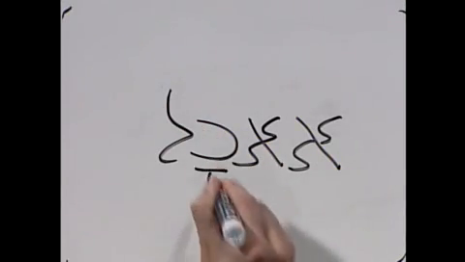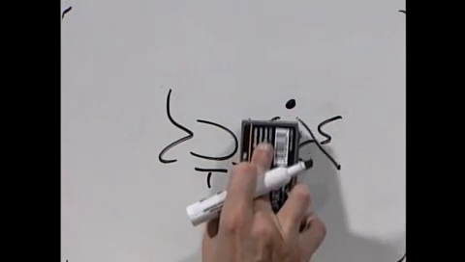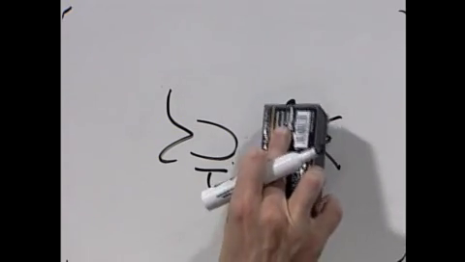You get this preformative holem. And now let me just rewrite this word. Okay, so this is a qamets chatuf. We're going to change it later. We have this holem, and now what happens just in the 1CS form is this Alef disappears. They don't even write it. Now usually when Alef quiesces in Hebrew, at least in the Hebrew Old Testament, the Alef will be kept in as a historic spelling, but not in this case. It goes away. But if we were to do another form, suppose we were to do the 3MS form.